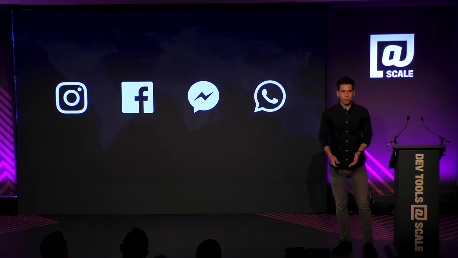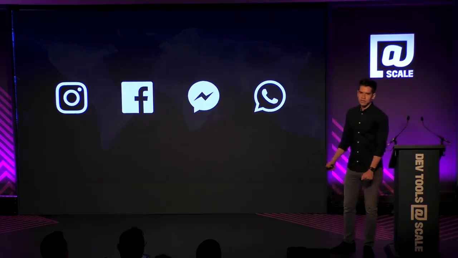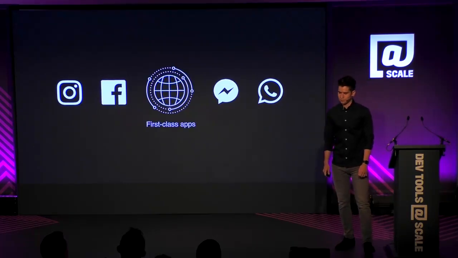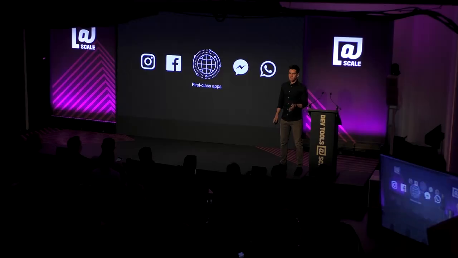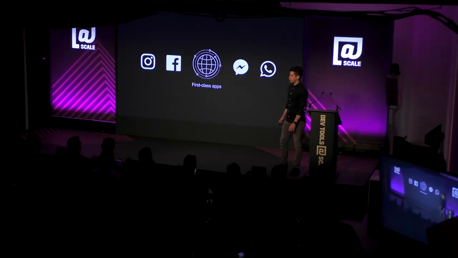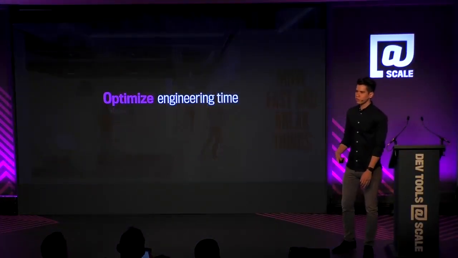And as we grow, we also increase the technical challenges we face. We want to make sure we have first-class apps for everyone using our service. So at Facebook scale, that means we need to test hundreds of different scenarios across numerous types of devices and operating systems, and we do that both for correctness and speed. That gives us another problem, right? Facebook's motto is about moving fast and breaking things. But even though we're growing so much, how can we make sure engineers are still coding super fast?